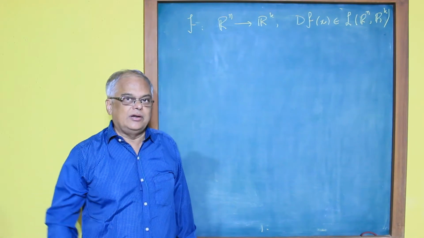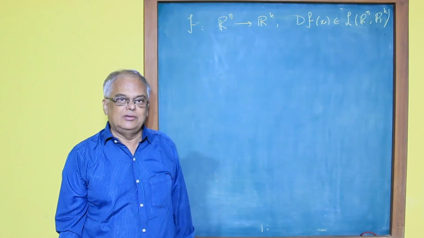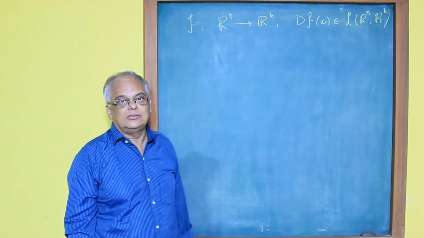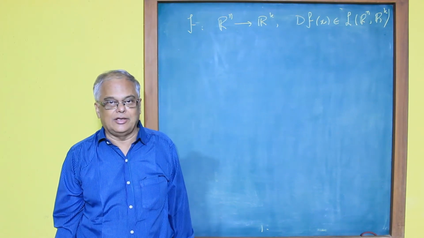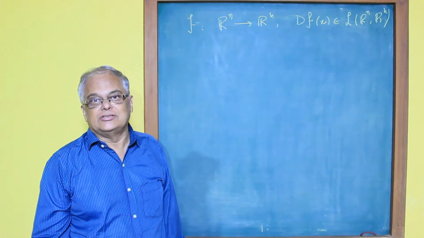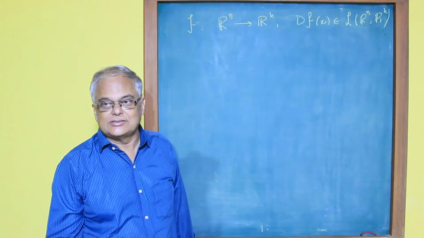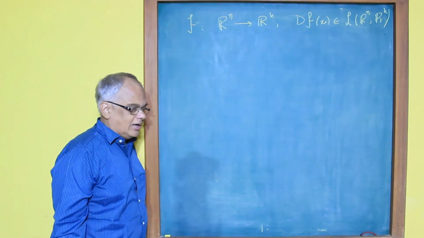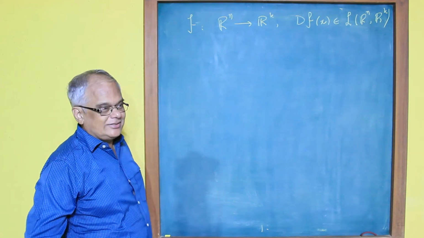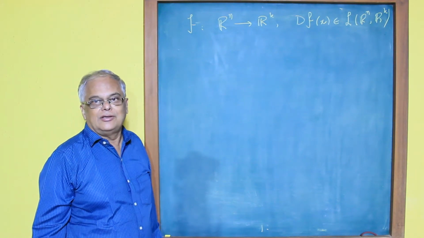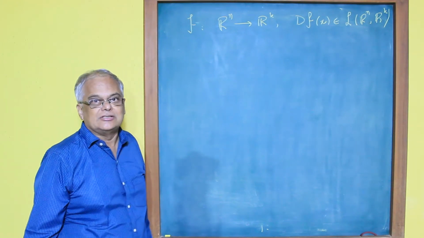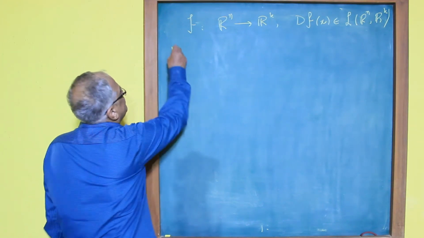I had made the comment that the definition we have given is of course true on all finite dimensional Euclidean spaces, that is Rn and Rk. But the same definition also works in infinite dimensions, in Banach spaces or Hilbert spaces. So I just want to make a statement here, which if you understand it, well and good; if you don't, it doesn't really matter, because we are going to be talking only about finite dimensional spaces. So, for example,